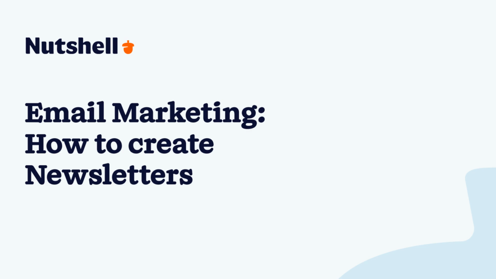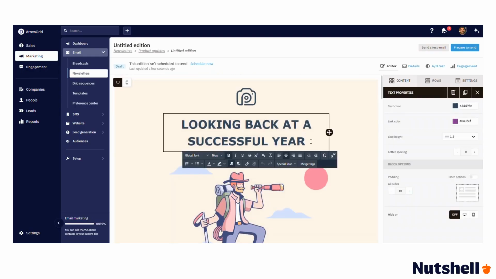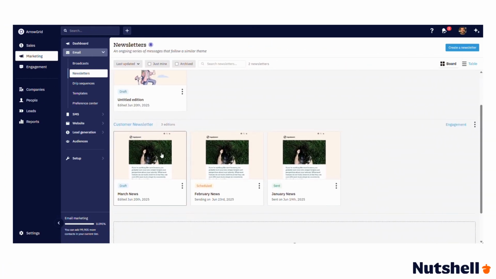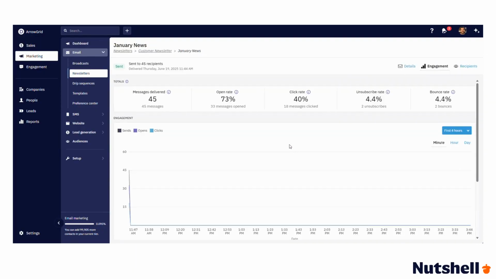In Nutshell, you can create several types of email marketing messages. Among the most powerful of them is the newsletter, a recurring message centered around a specific theme or topic. It's the perfect tool for sharing regular updates and keeping your subscribers engaged. Today, I'll show you how to create a newsletter in the Nutshell app, send it to your audience, and track